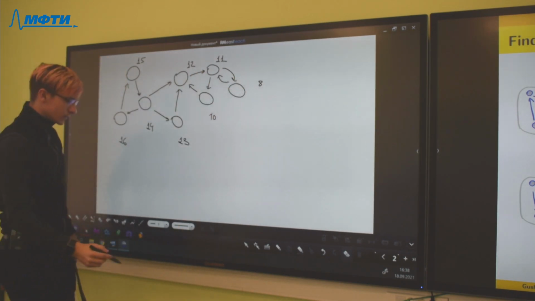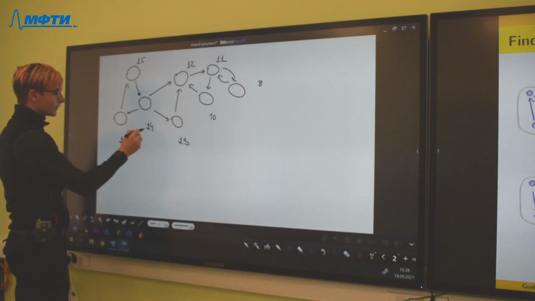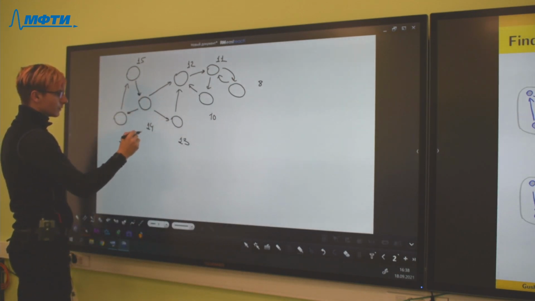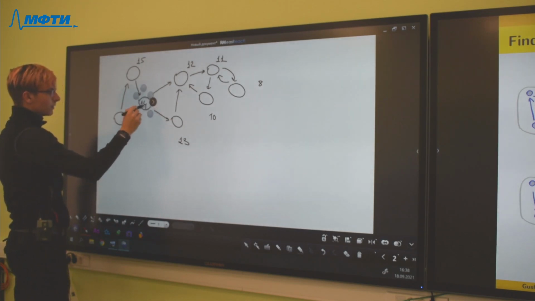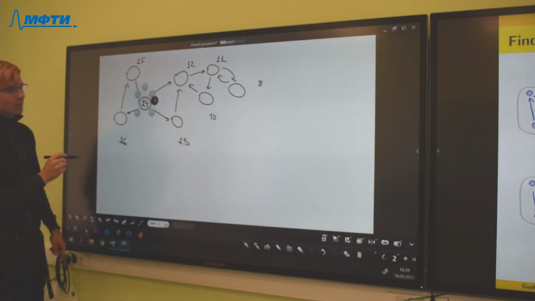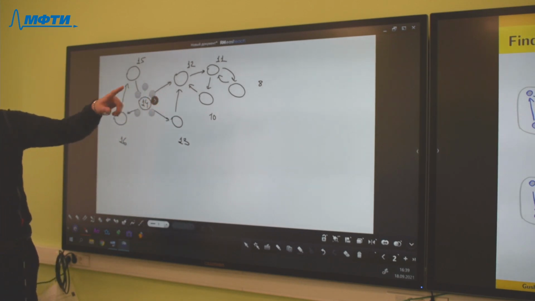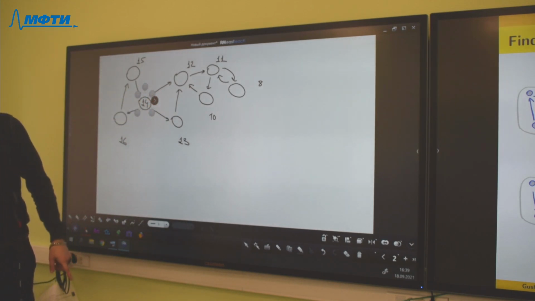And these numbers are equal to the numbers that I drew in the figure on the slides.